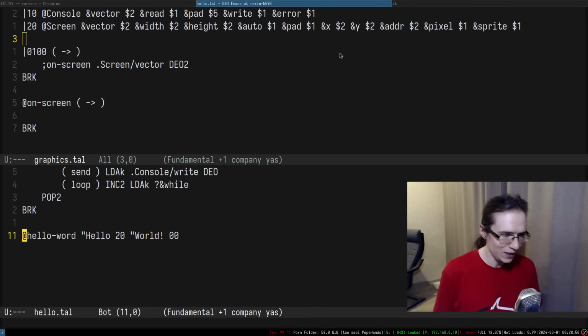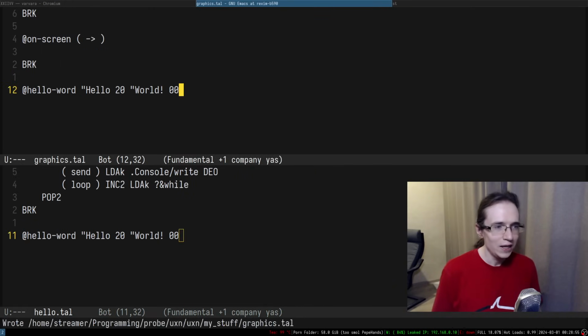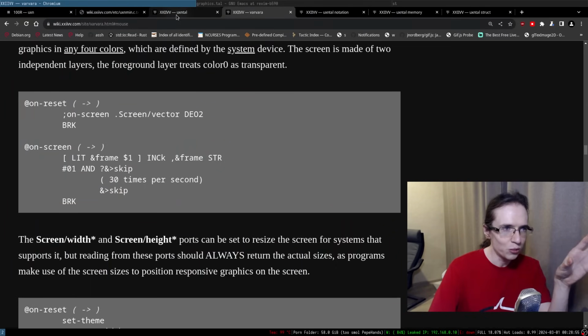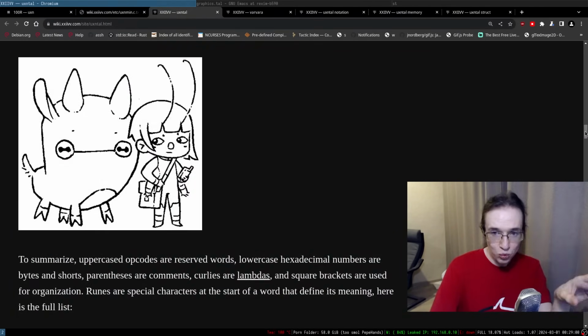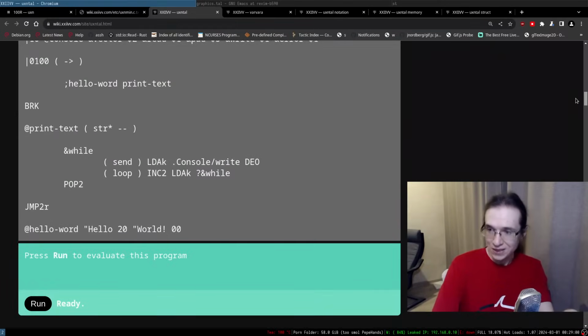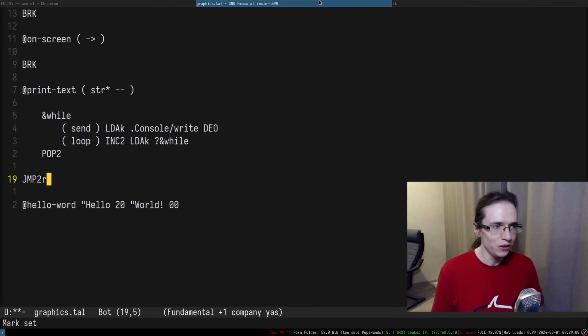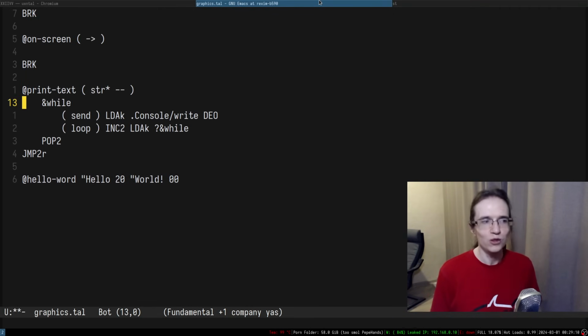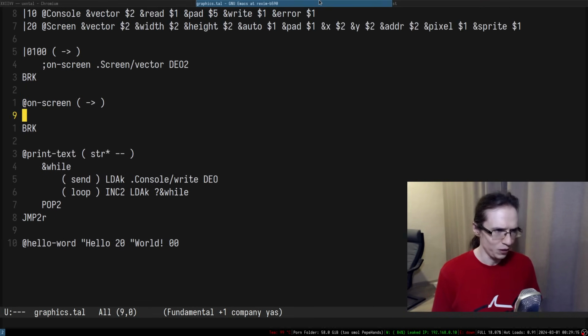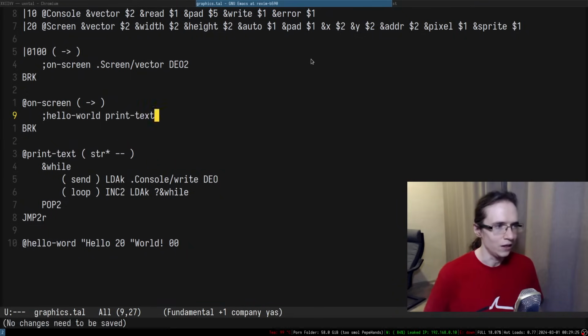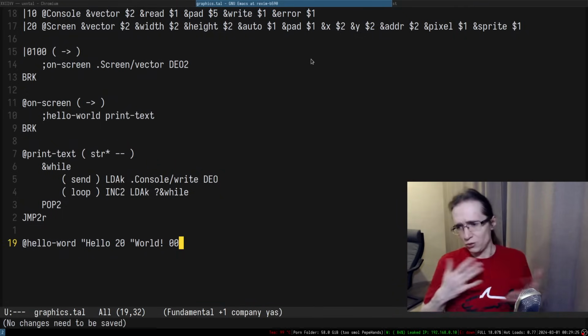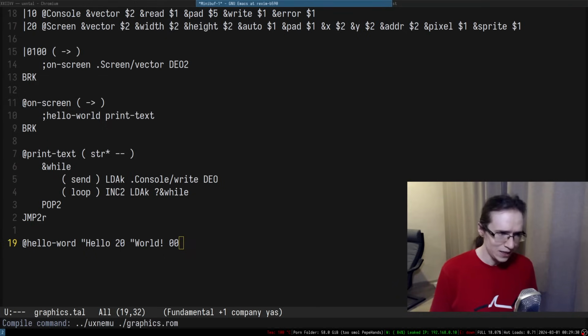And we have a console, right? And then we're going to have hello. By the way, now that we're a little bit more familiar with this entire thing, it would be nice to have print text. It would be unironically nice to have this function. As you can see, we're slowly building up a library that we can reuse. Because now I want to be able to just say, okay, essentially hello world, and then print text. Is that how we do that? Yeah, there we go. It would be nice to have some sort of syntax highlighting, but that's sufficient.